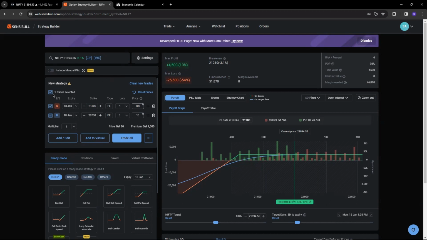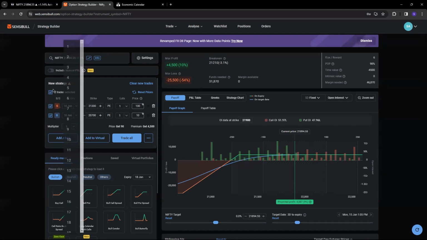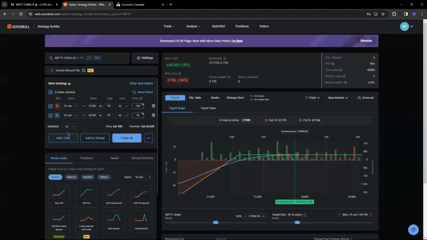So the question is, people think option selling needs what? Minimum 1.2 lakh, that is the margin required. Okay, the capital you require once you add your hedge comes only to 51,000 rupees. If you add your lot size, generally if you take a 10 lot size, whatever lot size depends on your pocket, so 5 lakh rupees, out of 5 lakh you make 45,000 in a week.